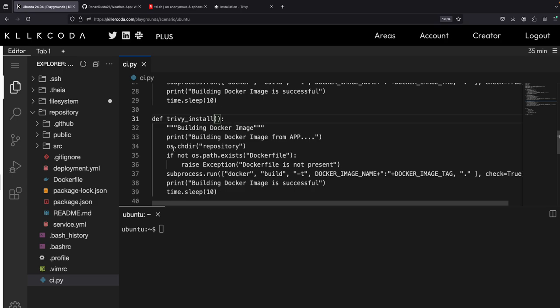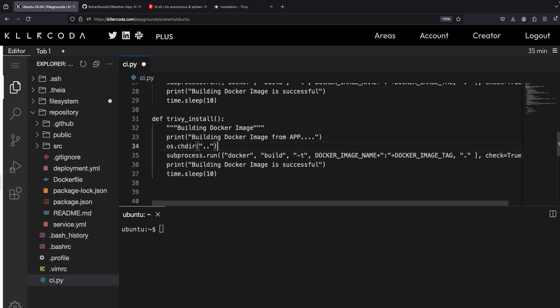I think we can still use this os.chdir. I don't think so. Okay, let us not install this in this repository. Let us move a step back, and then only we should install our Trivy executable file. So now we just have to use the print message as installing Trivy scanner,